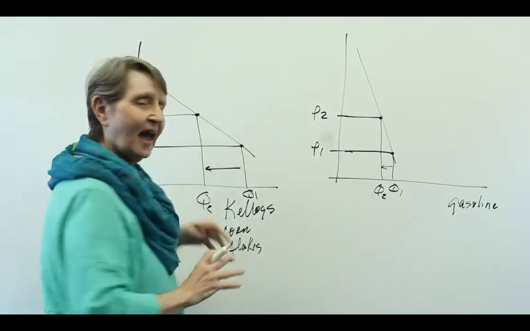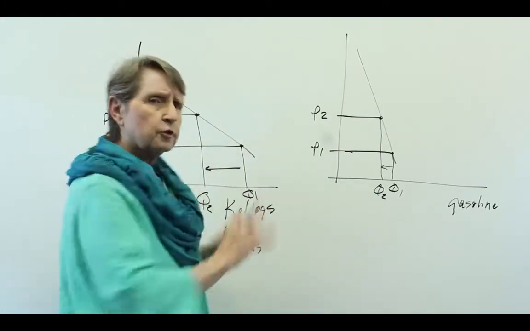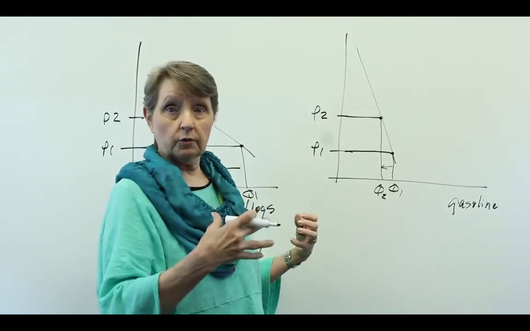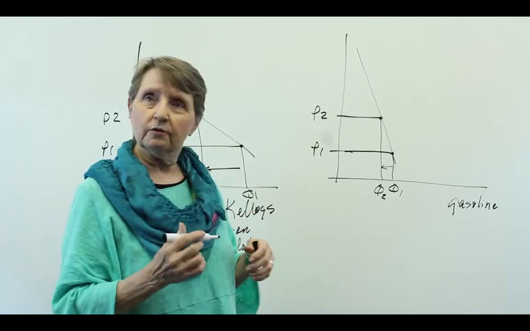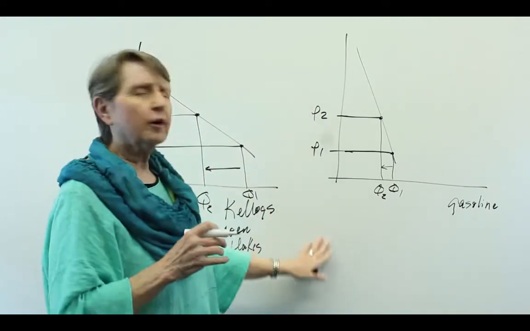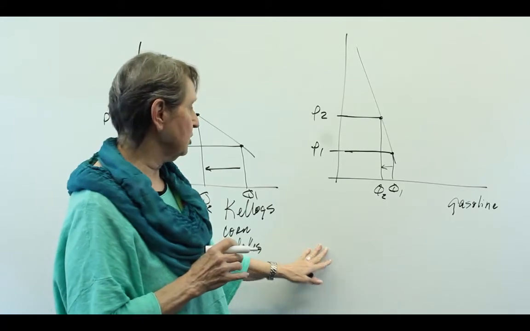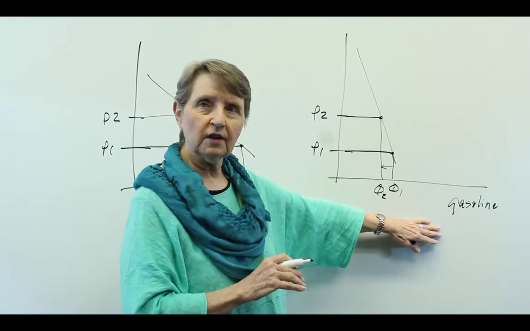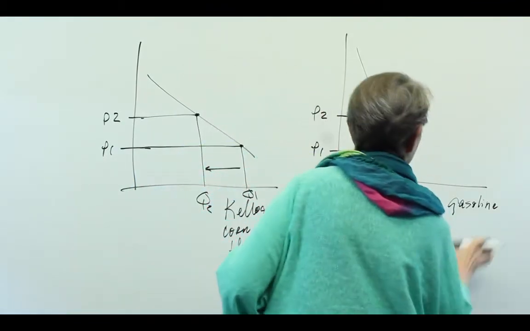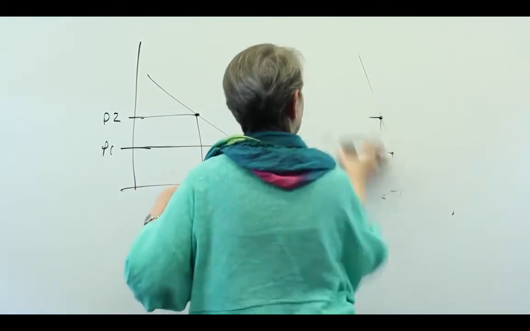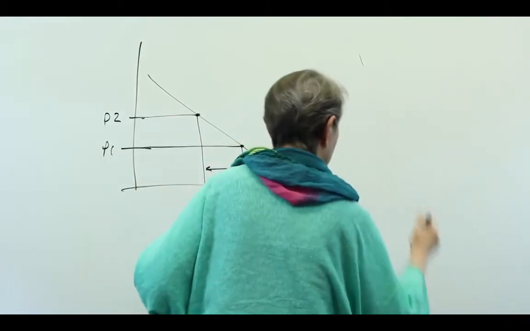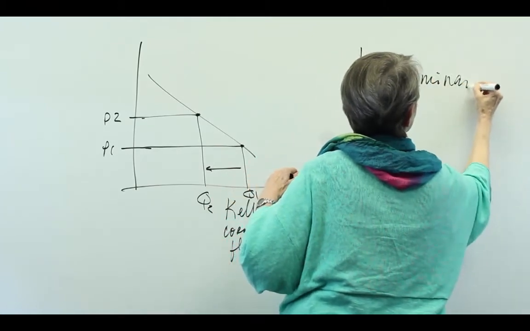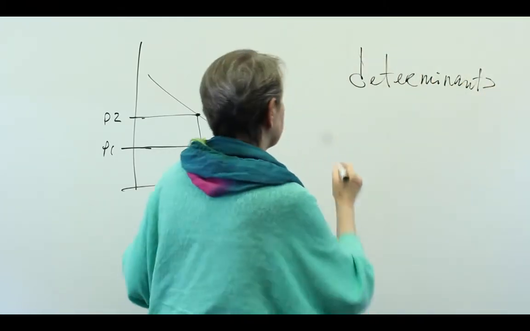And so what we have are different responses, and if we look at the underlying reasons why the responses are different, it'll help us understand this. And so we talk about what are the determinants of elasticity. What determines that this is much more elastic than this? And so if we list the determinants of elasticity of demand,